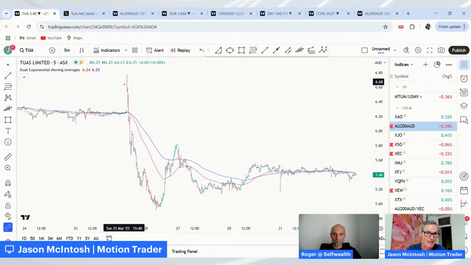So you can see how the selling started, and then an initial attempt to buy the dip, and then they kept selling, and then selling draws in selling. People go into their account and they see their stocks down 15, 20% in a day, and they start to sell, and the selling feeds upon itself till it got to a point where all the panic selling then comes in, the capitulation selling, and it got to a point of everyone who had wanted to sell had sold, and it comes back like a spring.